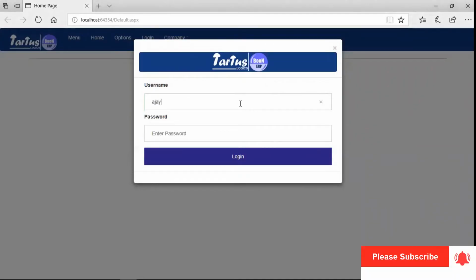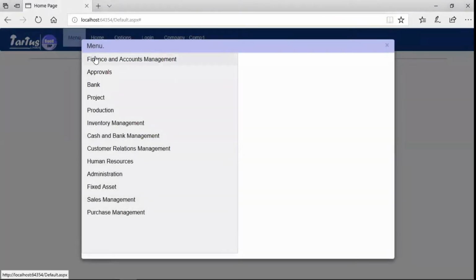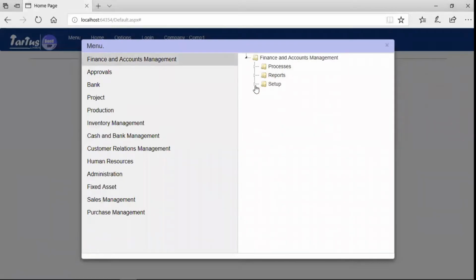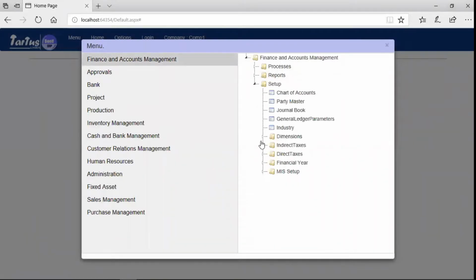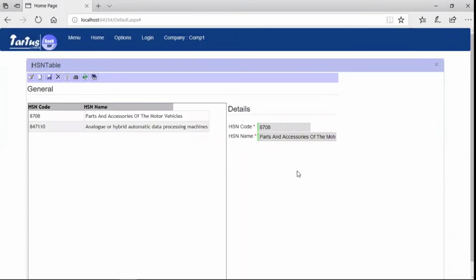As usual, we will log into the Boon application. Navigate to Finance and Accounts Management, Setup, Indirect Taxes, HSN table. We can maintain HSN codes and description in this table.